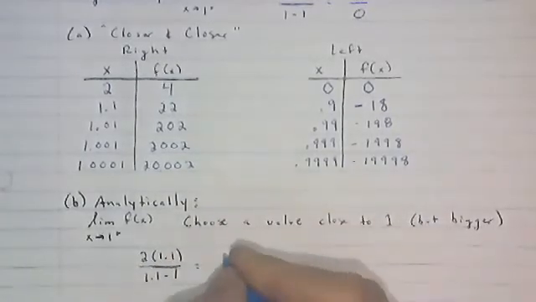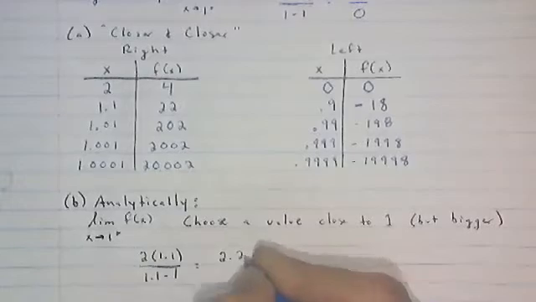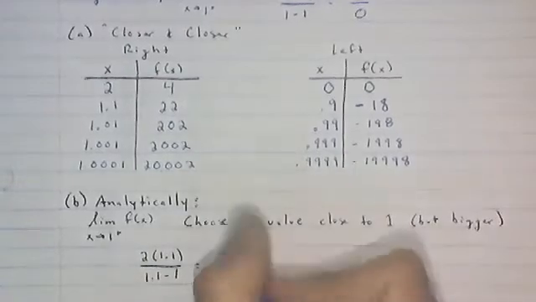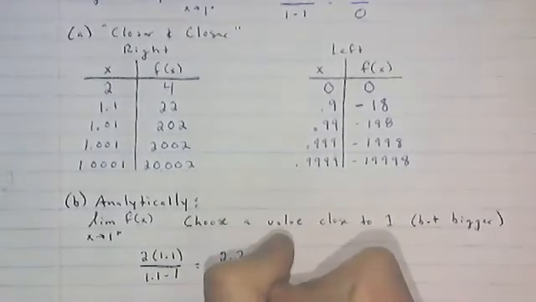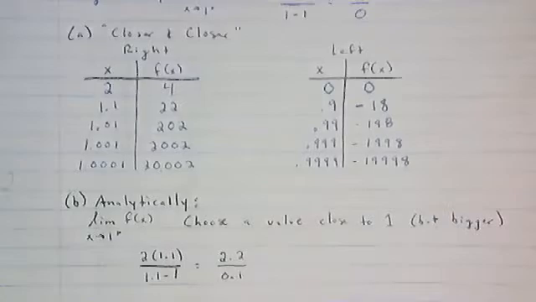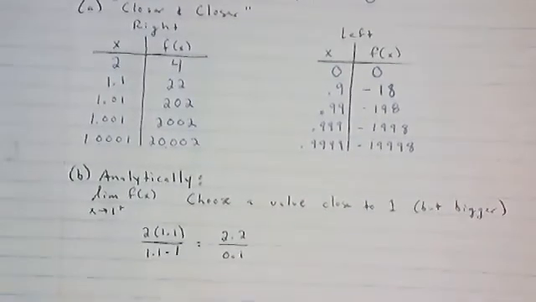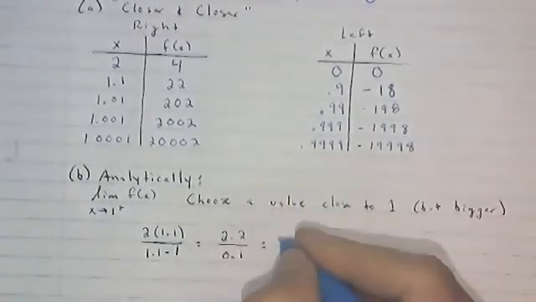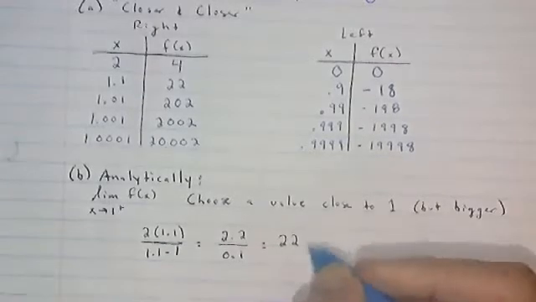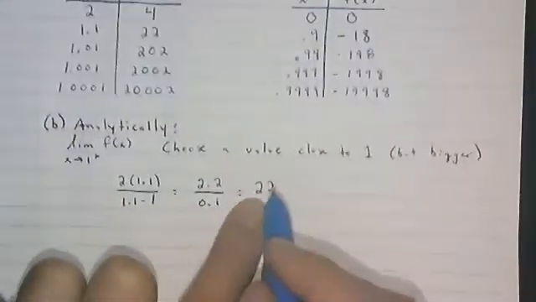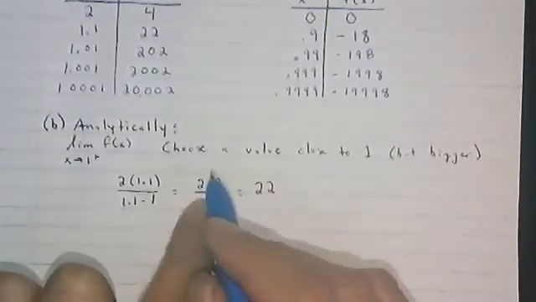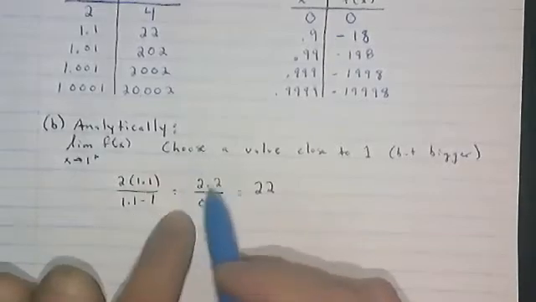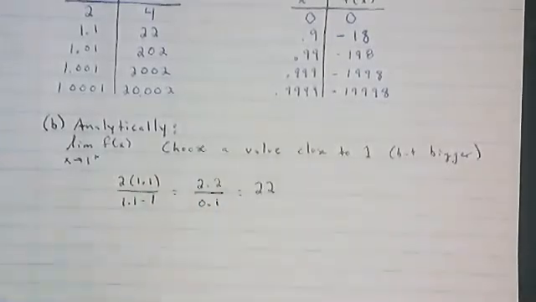As we noted, this turns into 2.2 divided by positive 0.1. So it turns into 22. So the positivity of this quotient leads us to believe that this function will continue to increase without bound